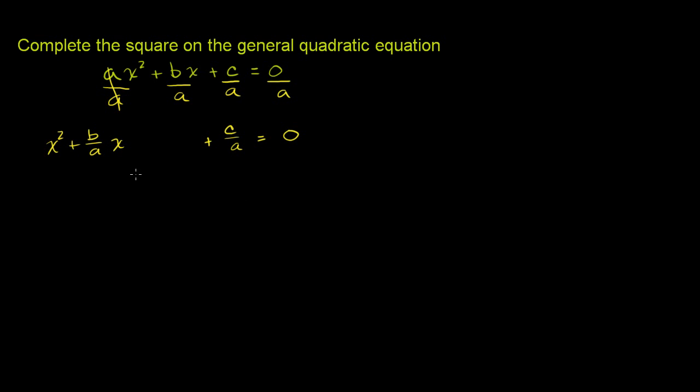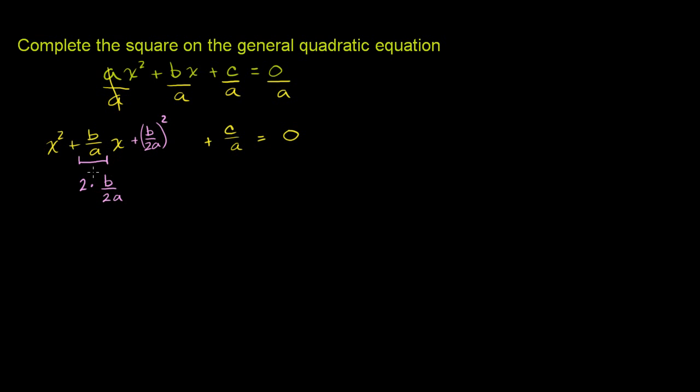So plus c over a is equal to 0 divided by a, which is just going to be equal to 0. Now, when we complete the square, we've seen this multiple times before. What we want to do is take the coefficient on the x term right here, it's b over a, and take half of it. Half of b over a is b over 2a. You take half of it, and then you square it, and you add it right here. So plus b over